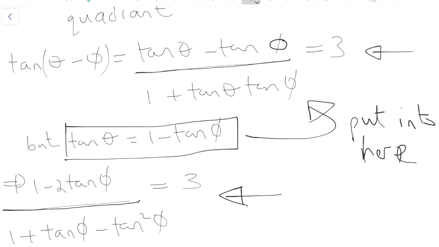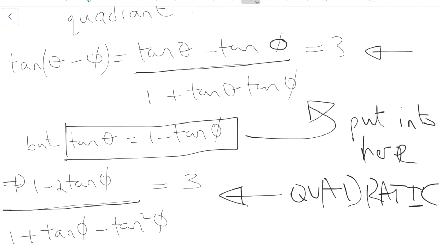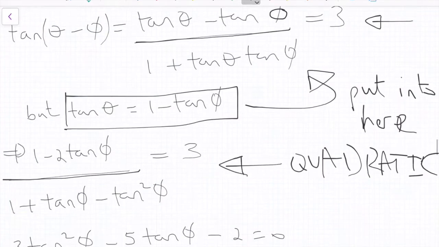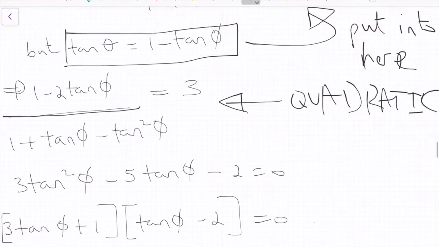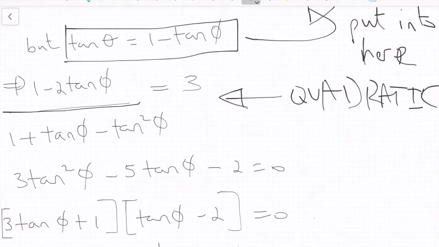Okay, so we can clearly see this is a quadratic, and that's why in the question they said find the possible values, with an S. So we will obtain two solutions. And then we have to check whether those two solutions agree with the fact that theta and phi must lie in the first or second quadrant. So there you go, you rearrange, you get a quadratic. You can factorize easily, so factorize